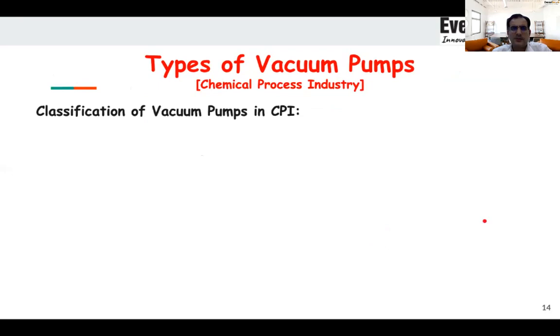Types of vacuum pumps, then, is classification. What we have covered till now is why selecting the right type of vacuum pump is important, and what parameters to consider while making the selection of the vacuum pump or the vacuum system. Now we will go to phase 2, that is categorization: which different types of vacuum pumps are available in the market. There are two types of technologies available.